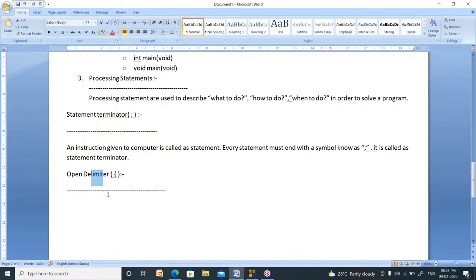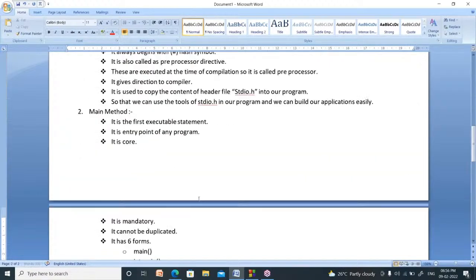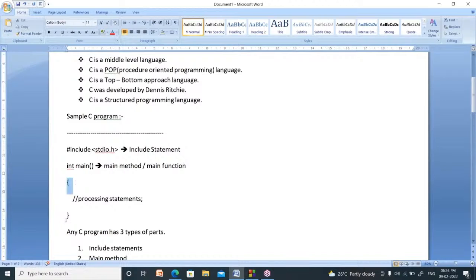Being in your limits. Sometimes your friend or your mother or your teacher speak like this. What is the meaning of limit? You know, no? So these two symbols indicate the limits of a function. It is called as open delimiter. It is called as closing delimiter.